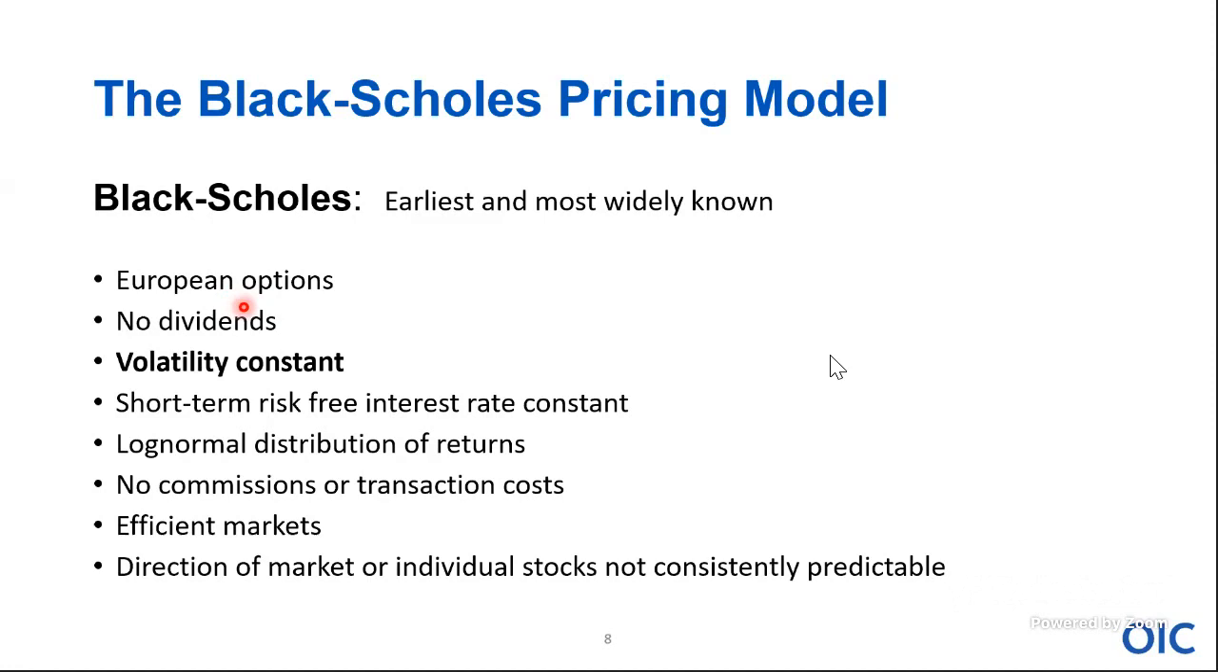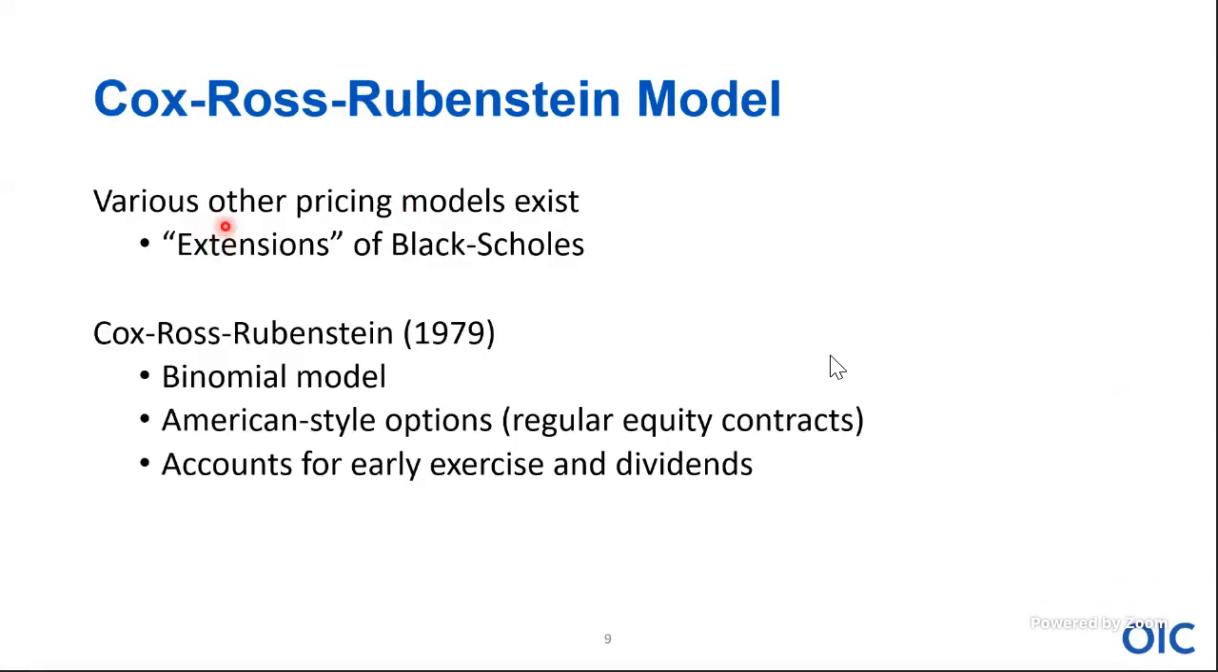Back up to the top, I said European options. Well, what about those American options that can be exercised early? Quite commonly, this model is used, the Cox-Ross-Rubenstein model that was published some number of years after Black-Scholes, which is a binomial model frequently used to price American-style options. And I'll explain it this way. Binomial is rather